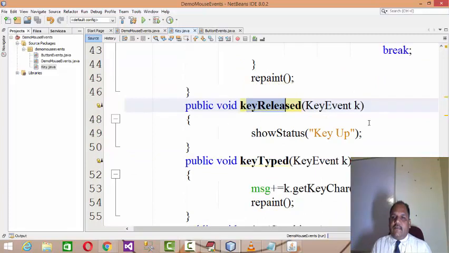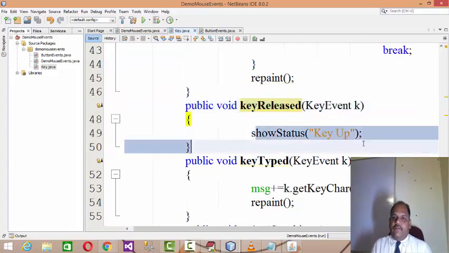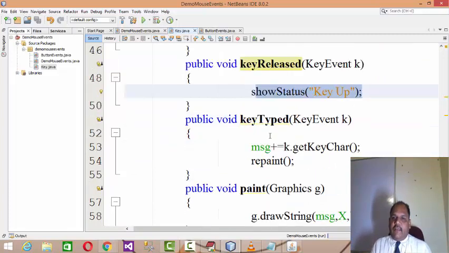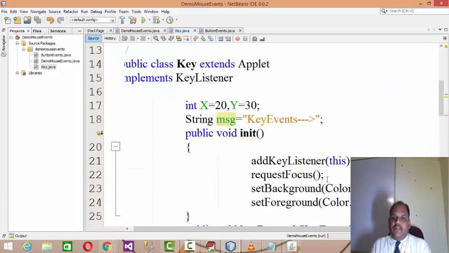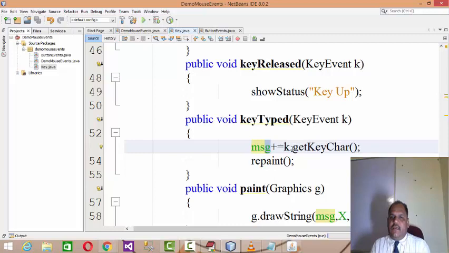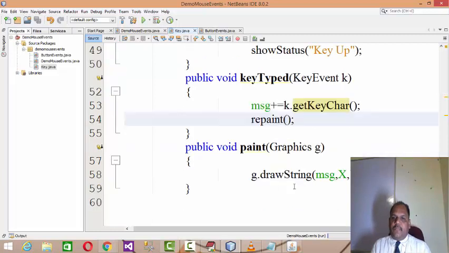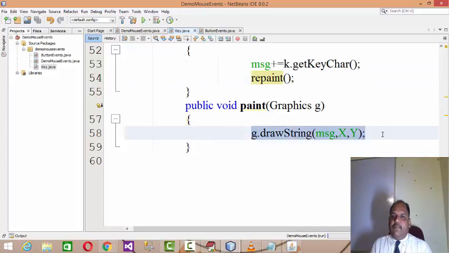And if you release the key, show status will show the status "key up". If you type a key, I declared a global variable message; the key event's getKeyChar, the character of the key you typed, will be added to the message, and then repaint is called. Paint will print that message at the X and Y position.